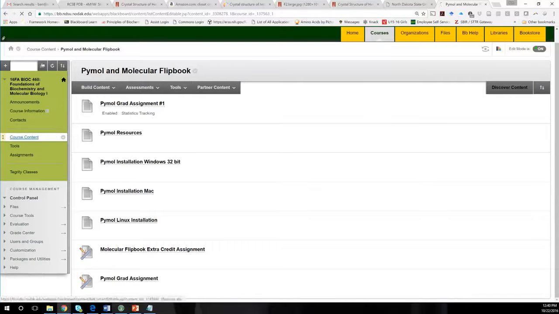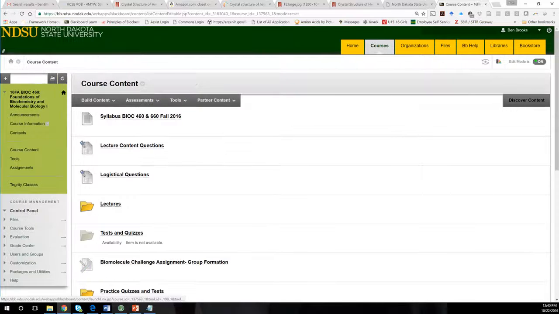Welcome. I'm going to do a quick tutorial on some of the features of Pymol that will be important to you. I'll also do this in a study session, and if you have questions you can just come find me. I'd also recommend that if you need help you could also use